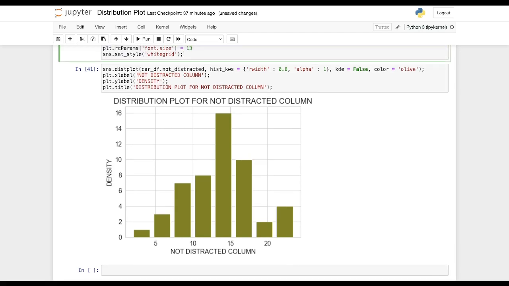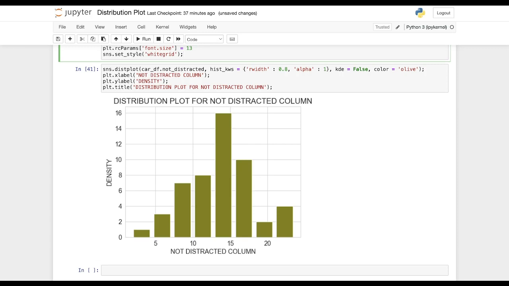Fine. Now, as I said initially, the interpretation of this histogram is very simple. You will just check which is the highest bar here. The highest bar here is your fifth bar, which is between 13 to 15. So you will say that 13 to 15 has a density of around 16.